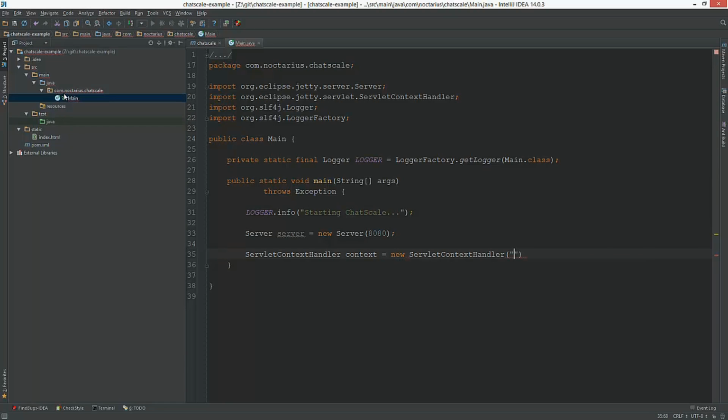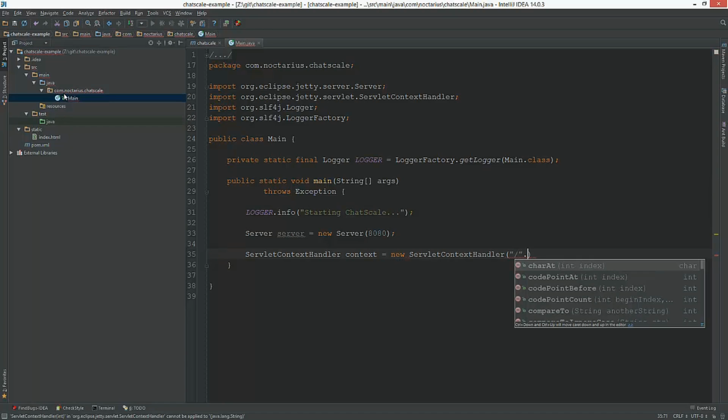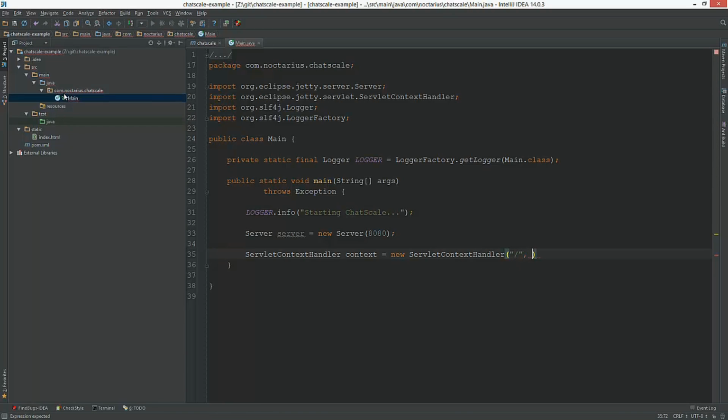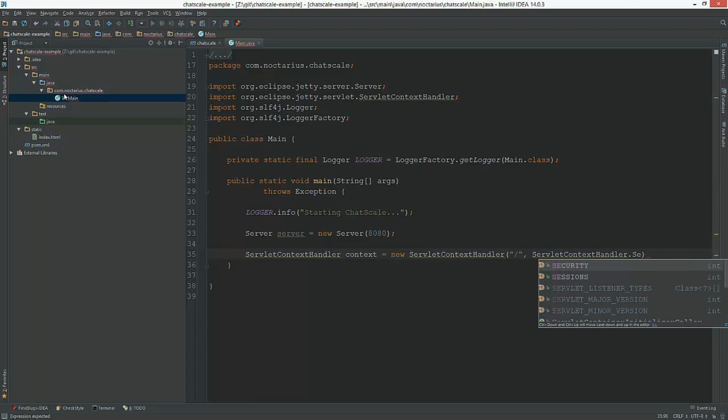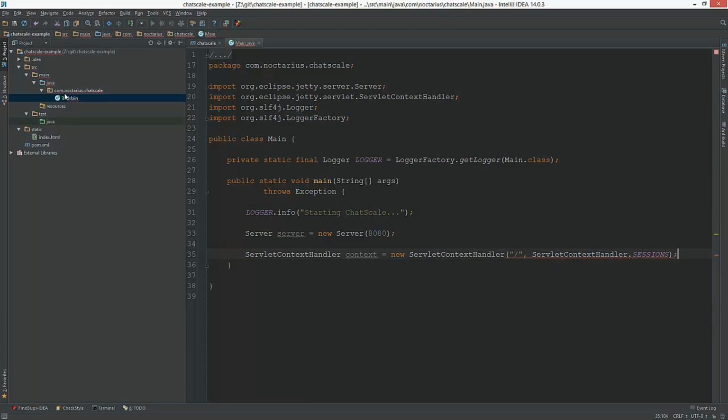So we have like, oh man, our basic path, and just to make sure, we want to have session handling, session context handler sessions. It won't work. It says it doesn't know what I'm doing. Okay, it needs a whole handler.